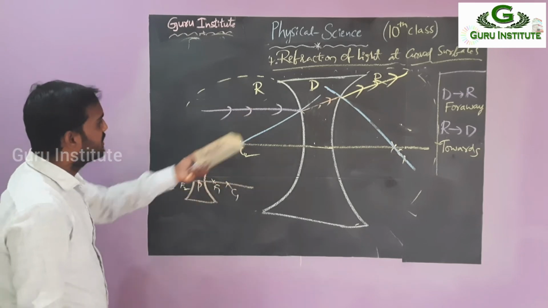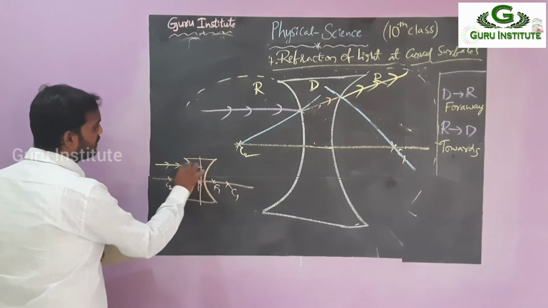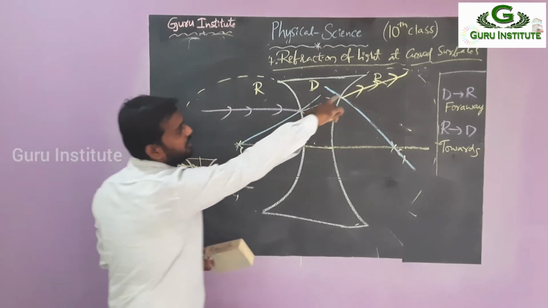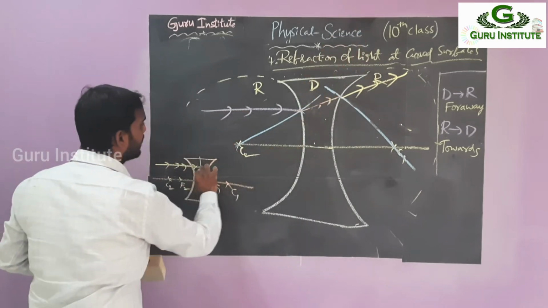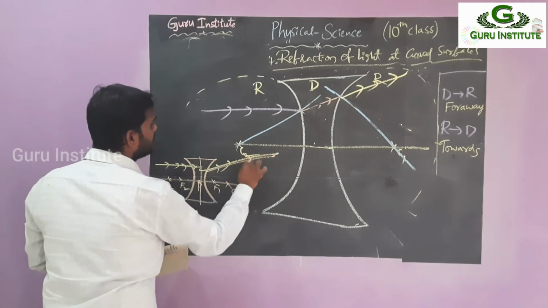So next, what is the incident ray? This is the incident ray. In the middle, we have taken the assumption. This is like the incident ray. So then where is it moving? It is going to the offset. So this is the final picture. So that is the incident ray. This is the refracted ray.